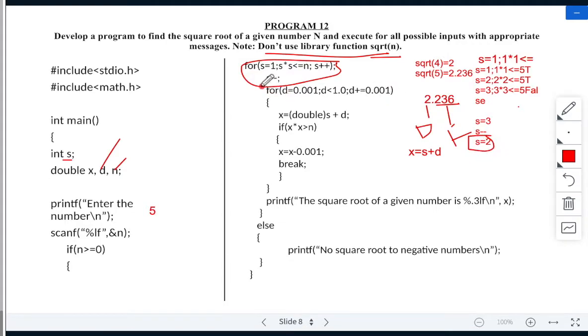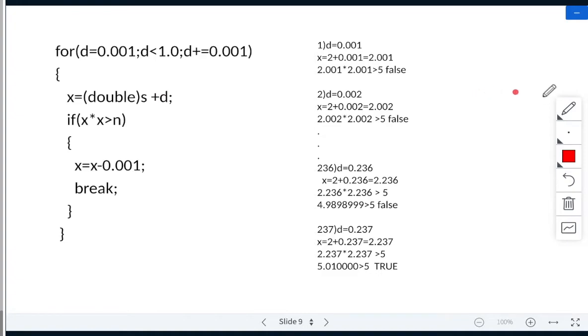Now see, this entire thing is inside the for loop. I'll explain this in the next slide and I'll come back here. So remember, we have calculated s is equal to 2. Now I'll start explaining this.